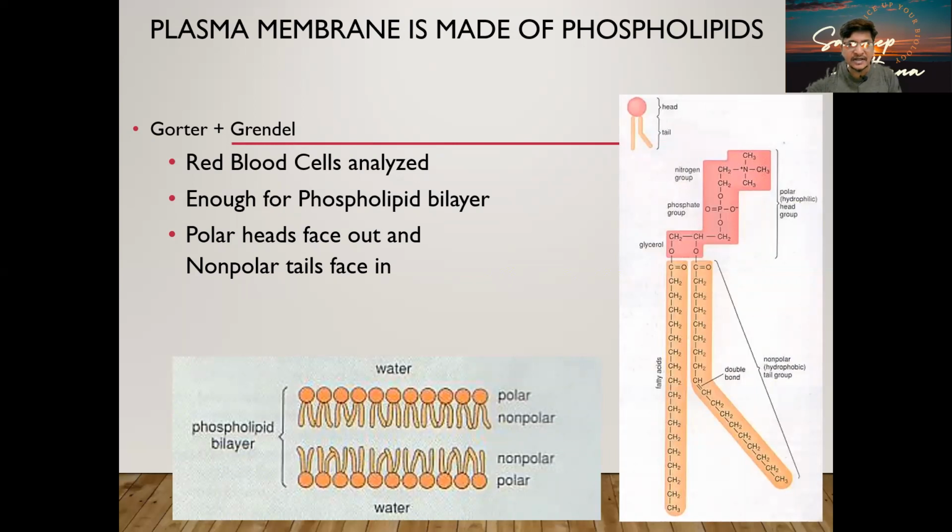On that basis, he said it is not a single layer, it is going to be a double layer. What is shown over here is the structure of the lipid, which has two tails, one showing a kink or a little bend, and the head. So it is an amphipathic structure, which has two polarities. One is polar and the other is non-polar. The tails are non-polar and the head is polar because it contains a charged group.